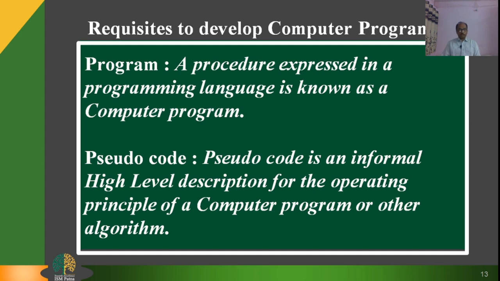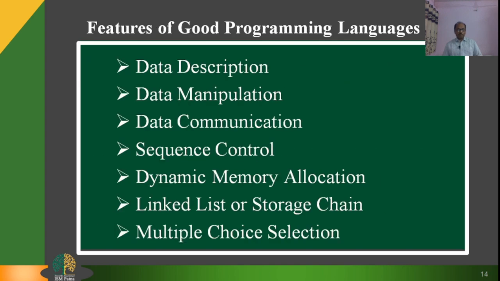So after doing all these steps, we move for writing program, I mean code generation. So program may be defined as a procedure expressed in a programming language is known as a computer program. So these are the requisites prior to development computer program. So some features has been identified that those should be in a programming language. So features for a good programming language